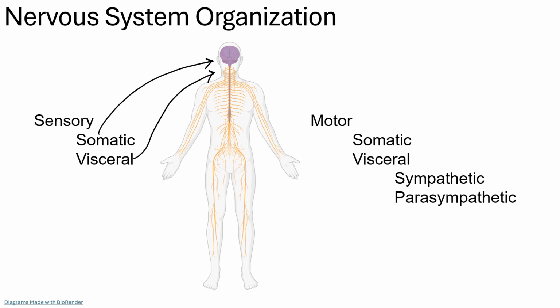As far as output goes, we have way more options. Motor output can go to either somatic tissues like your skeletal muscle or visceral tissues like all of your smooth muscle. Now, if it goes to visceral tissues, there are actually two more divisions. There's this division called the sympathetic, which we also call the fight or flight. And then there's another division that visceral information controls, which is called the parasympathetic, which is also known as the